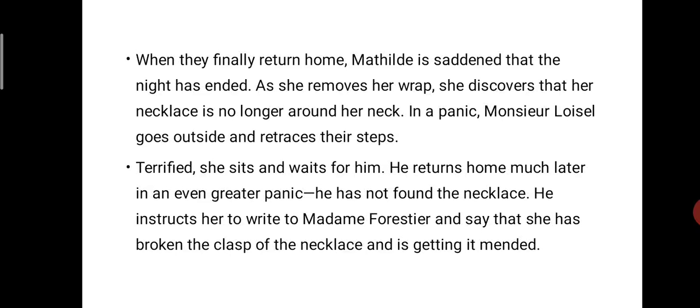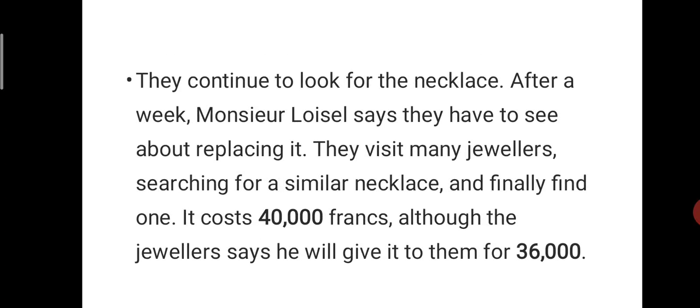He instructs her to write to Madame Forestier and say that she has broken the clasp of the necklace and is getting it mended. They continue to look for the necklace. After a week, Monsieur Loisel says they have to see about replacing it. They visit many jewelers searching for a similar necklace